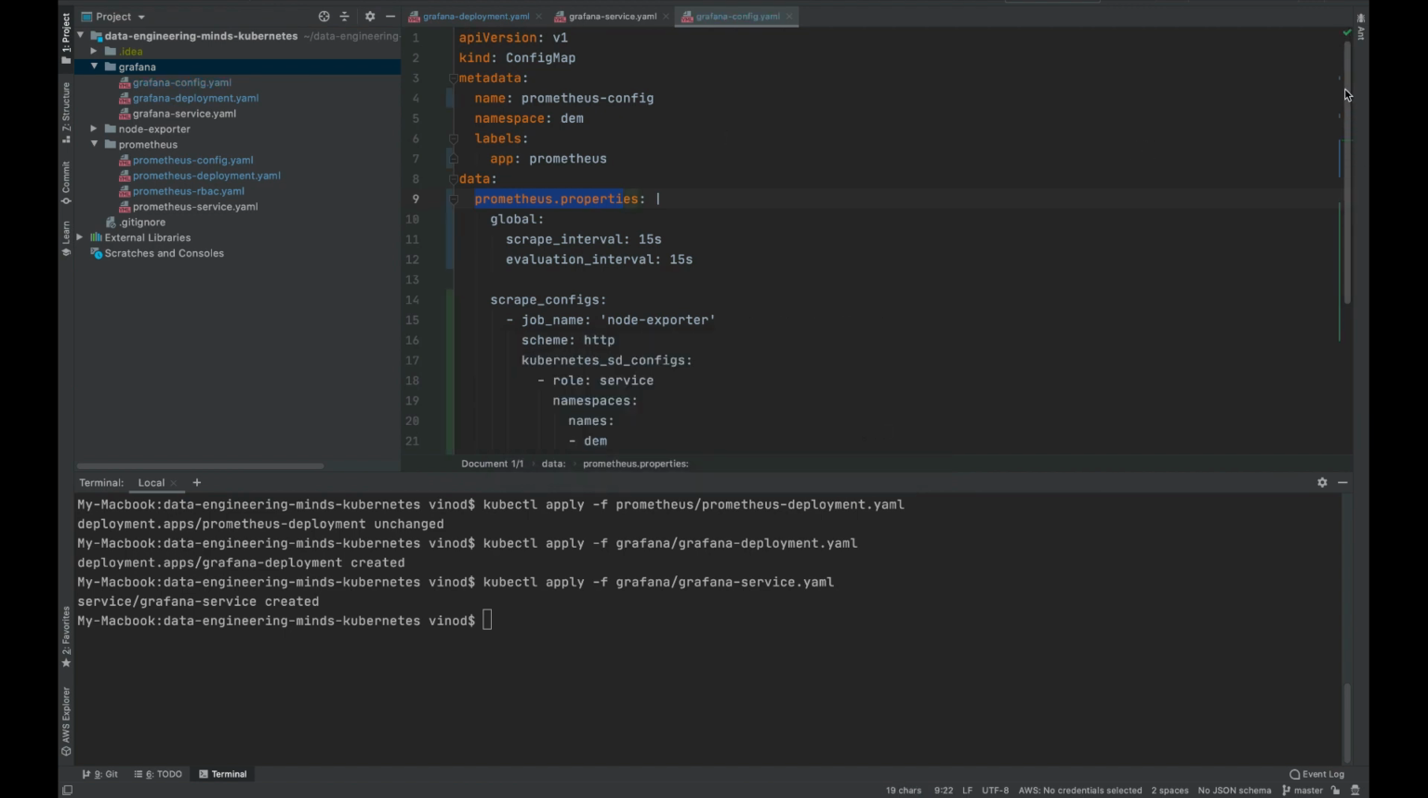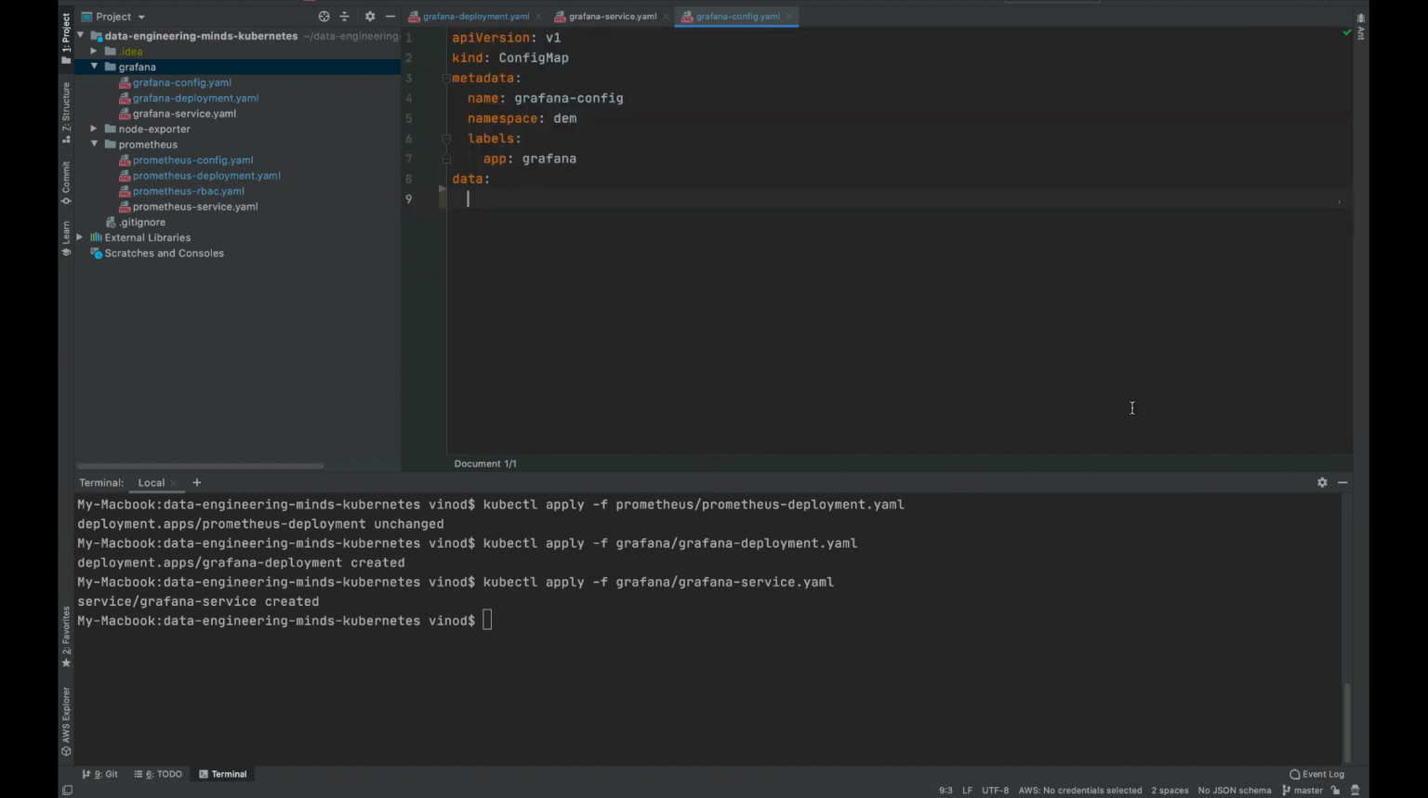So inside the Grafana, we have to rename it as Grafana config, and it should be in the namespace DEM. The app would be Grafana, and now we have to add configurations. That is applicable for a Grafana related configuration syntax. Okay, so let's call the key name Grafana data sources, because we are going to add the list of data sources to the Grafana server, which is basically we are going to add Prometheus as a data source